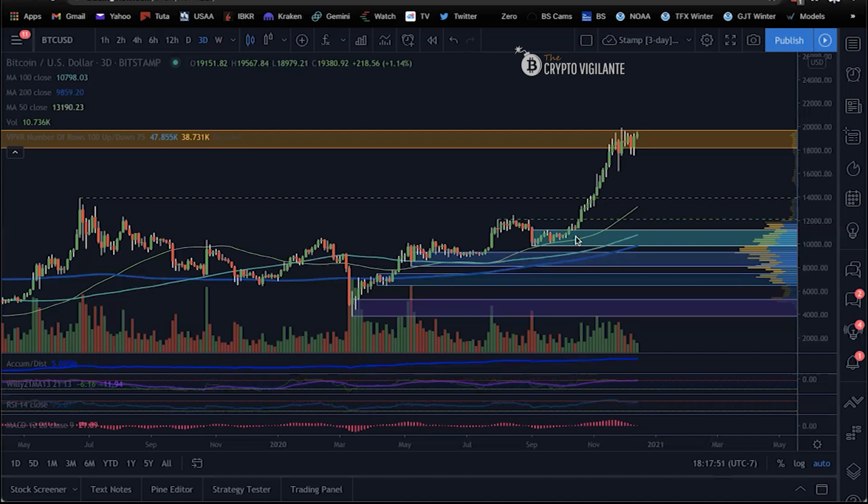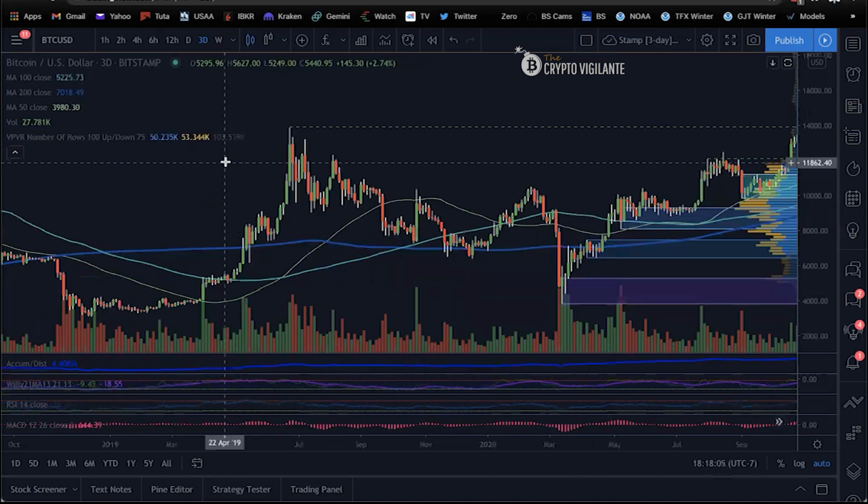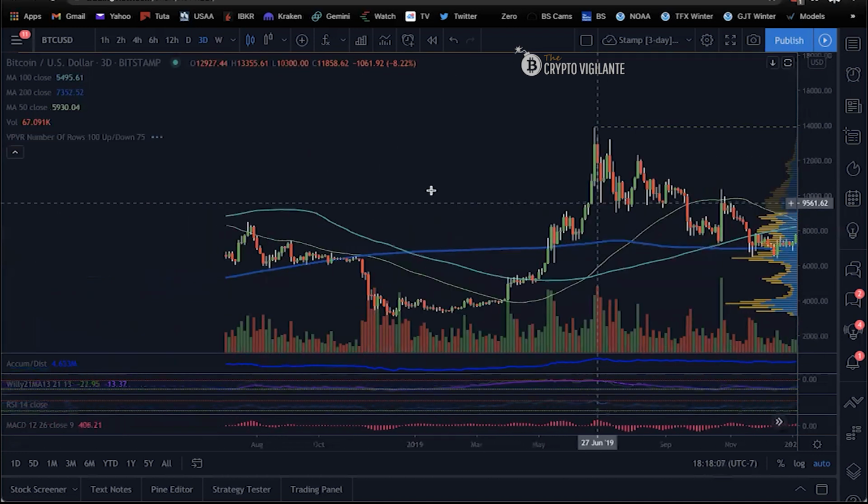That's kind of just a little tip. And up here, where would institutions be active? Again, up here, they want to buy low, sell high. And this is a long-term order block right here that goes all the way back to